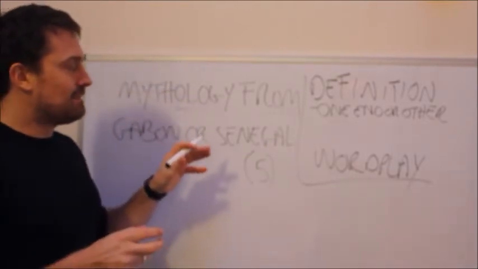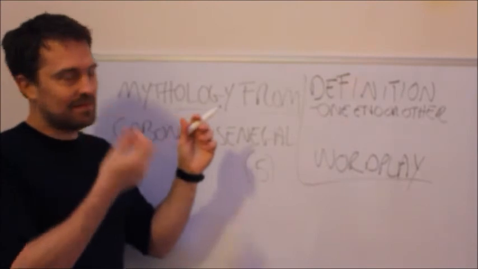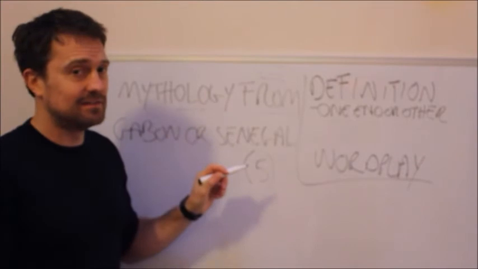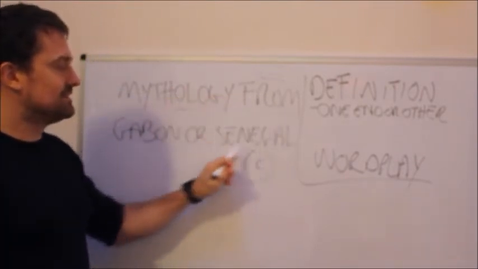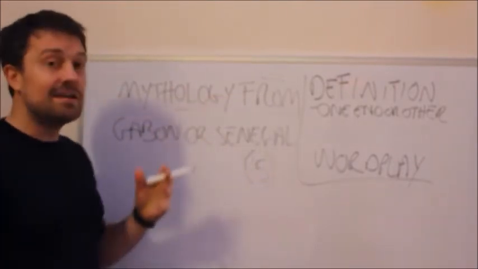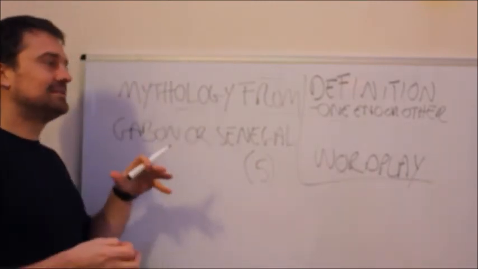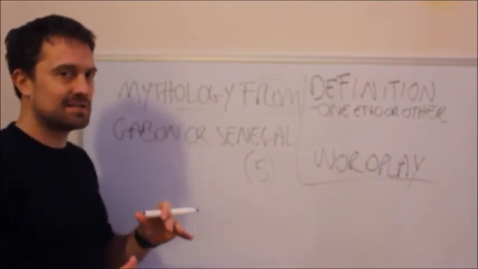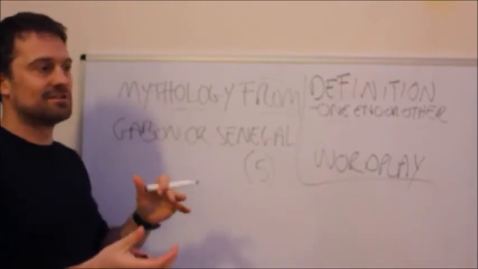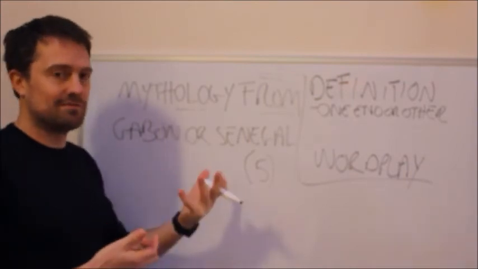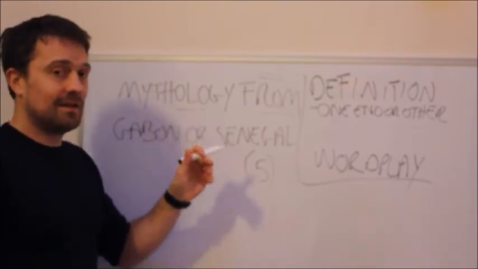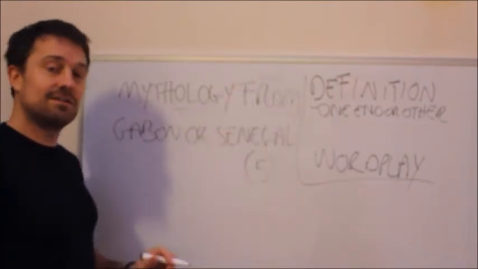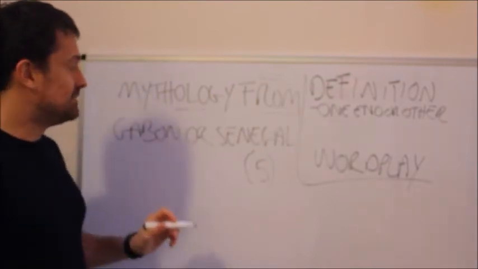Now, the rest of the wordplay, let's say mythology comes from Gabon or Senegal, so in effect, this is a bit like an equals sign. This equals everything else here in some way. Now, we'll see in later episodes that the wordplay can act in a lot of quite complicated ways. There's a lot of tricks it plays, there's a lot of things that you need to know that are sort of usual references. This one is a really good example of the general principles because the "from" here isn't just an equals sign, it's also completely literal. Because